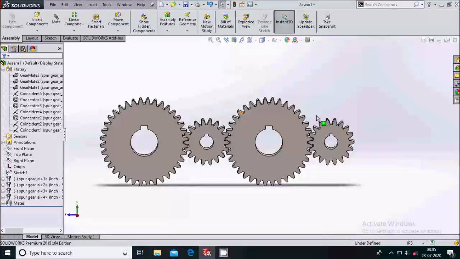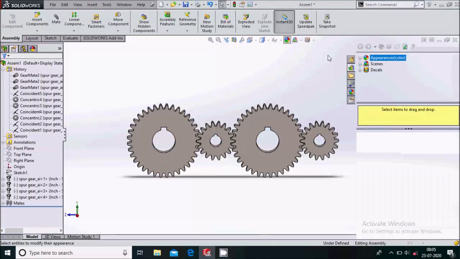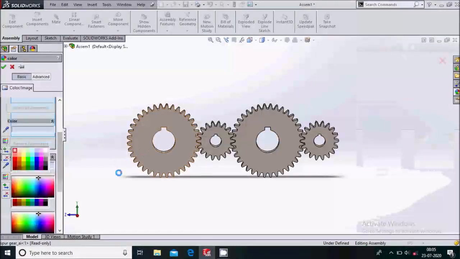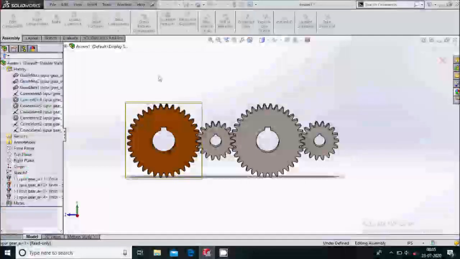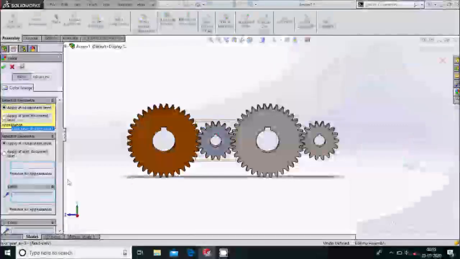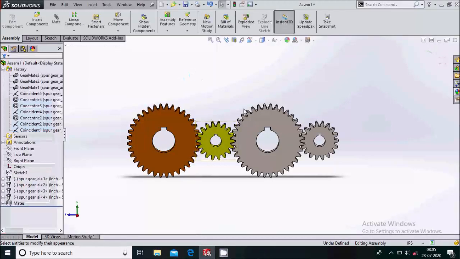So simply hide the sketch, right click on it. Now what we will do, we will just give appearances to all these gears. So simply select the appearances over here, select the gear and choose the appearance you want. OK. Again go to appearances, select the gear and select the color you want.